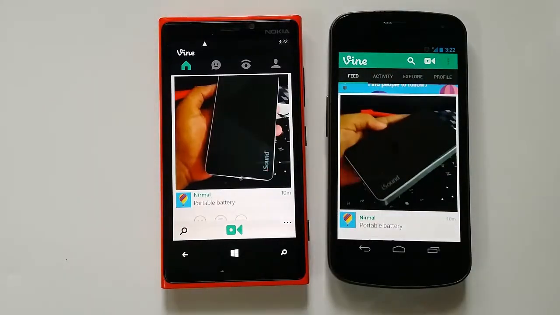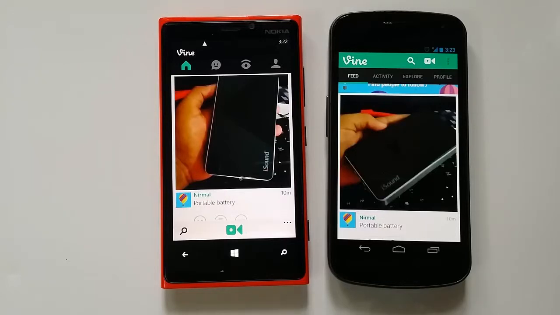So overall we feel Vine for Windows Phone is pretty good. It has almost all the features. You can even pin to the start screen on Windows Phone, which is available only for Windows Phone, since the start screen options are available only on the Windows Phone. So overall feature-wise, both the apps are pretty much similar, and you get all the features from the Android version onto the Windows Phone version, except for a slight change in interface, while the other features and functions are pretty much similar.